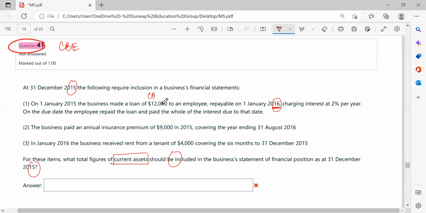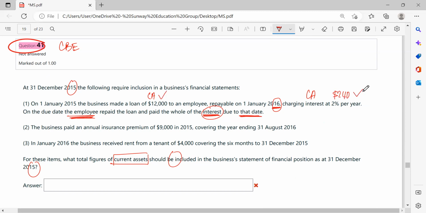On top of this 12,000, the principal amount, you are charging them 2% interest also. And the 2% interest, the employee has to pay on that date as well. So next year, the employee has to pay you the 12,000 principal plus the interest. So the interest here is also current asset because it has to be paid to you next year, meaning you are supposed to receive it next year. It's like a receivable. 2% of 12,000 is 240. So I have 2 CA here already,